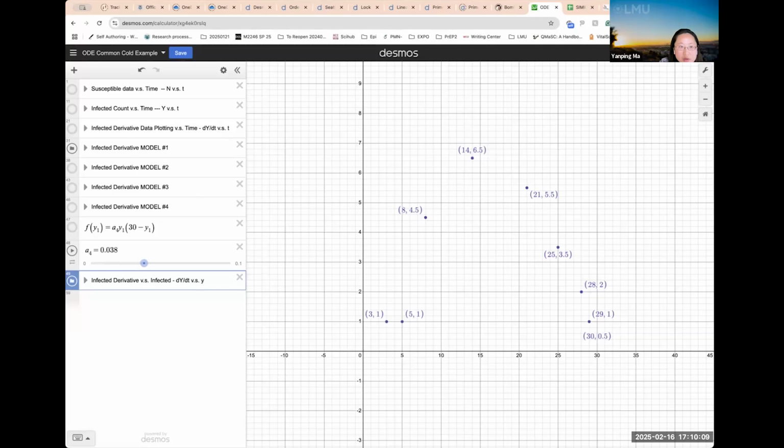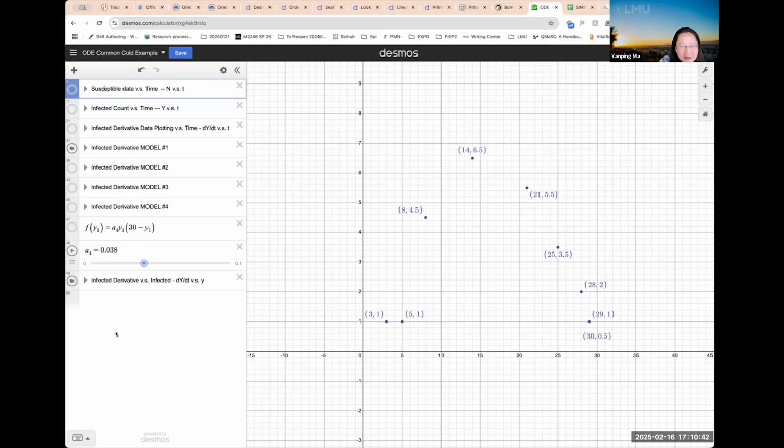What I'm trying to do is, I have to admit, I have not implemented the Desmos version with my students just yet. There was a big fire at the beginning of the semester. We're in Los Angeles. So in the first week, when I should be doing this, I got students emailing me they can't come to class because of that fire. So I was not able to actually have it completely set up for them to use.